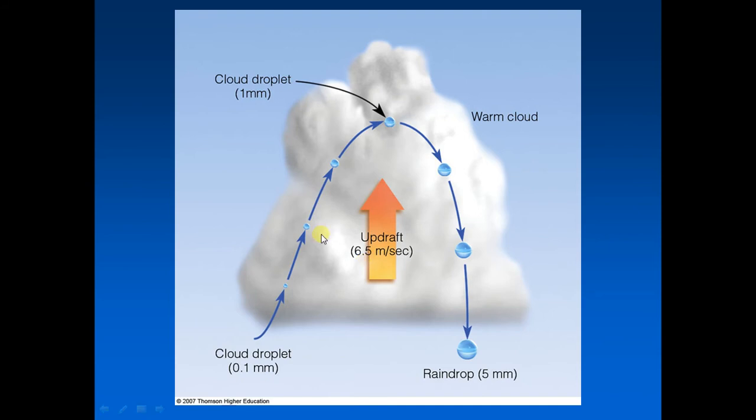Suppose the cloud droplet is caught in this updraft. As the droplet rises, it collides with and captures smaller droplets, both on its forward edge and backside, until it reaches a size of about 1 millimeter in diameter. Okay? At this point, the updraft of the cloud is just able to balance the pull of gravity on the drop. So the drop remains suspended at this height until it grows just a little larger. Once the fall velocity of the drop is greater than the updraft velocity of the cloud, okay, the drop slowly